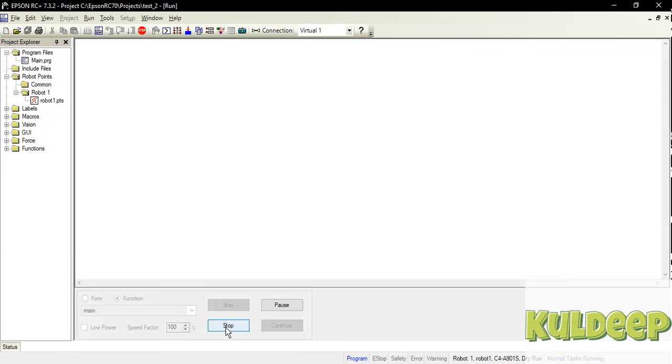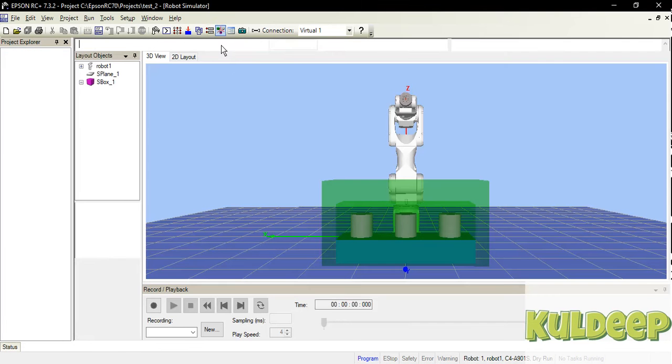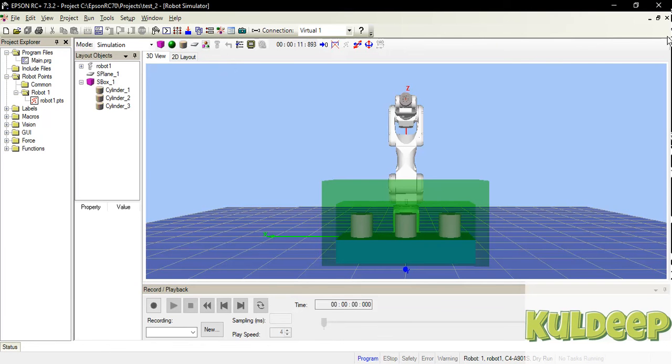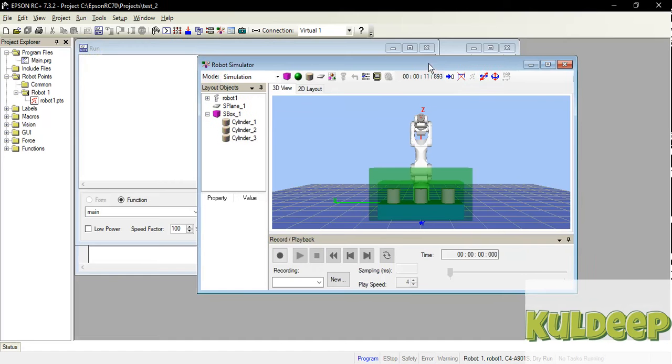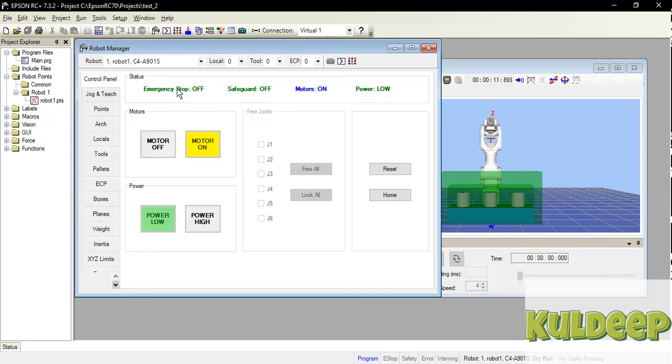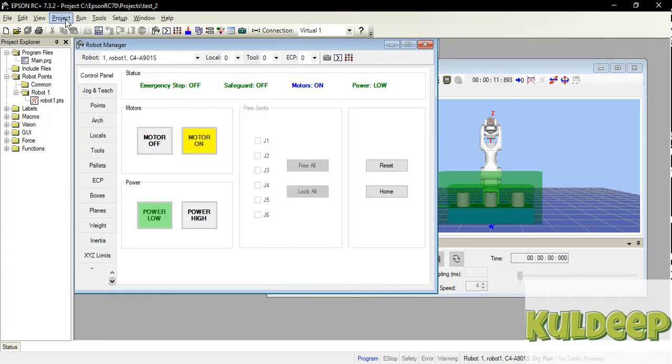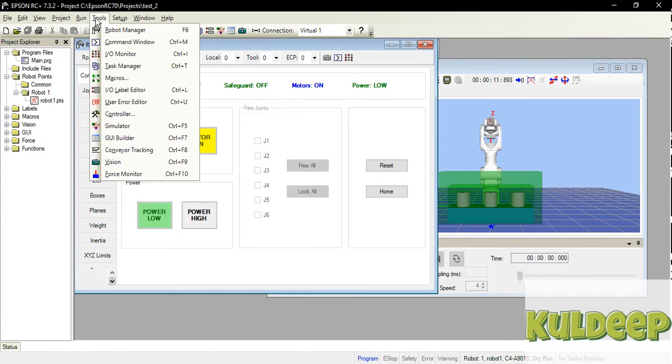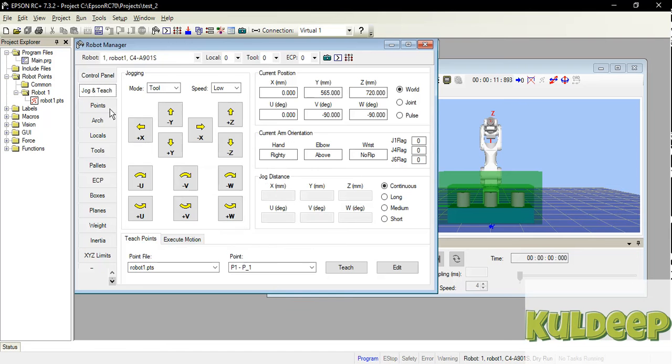Now just stop the robot and go to the simulator. First of all, we need to teach our robot points, which you will get from this robot manager that you will find from here, under Tools. Now we'll jog and teach our points.